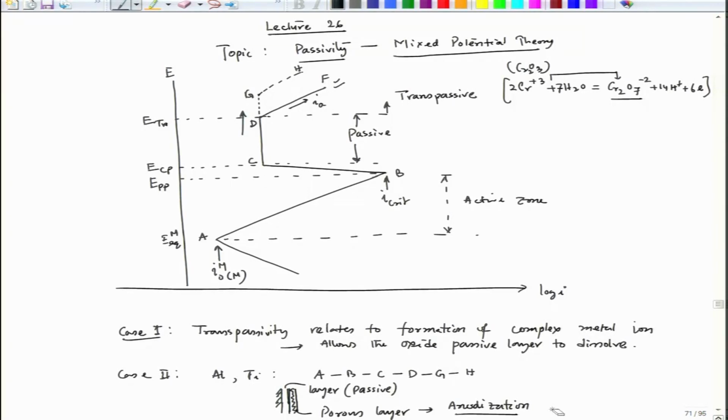This anodization, or anodizing, is related to some metals like titanium and aluminum. Since it is a porous layer, the dissolution rate further increases, and the thickness of the porous layer could reach up to 200 to 300 micrometer. Since the thickness has to increase, that is why this porous layer forms. This is anodization.